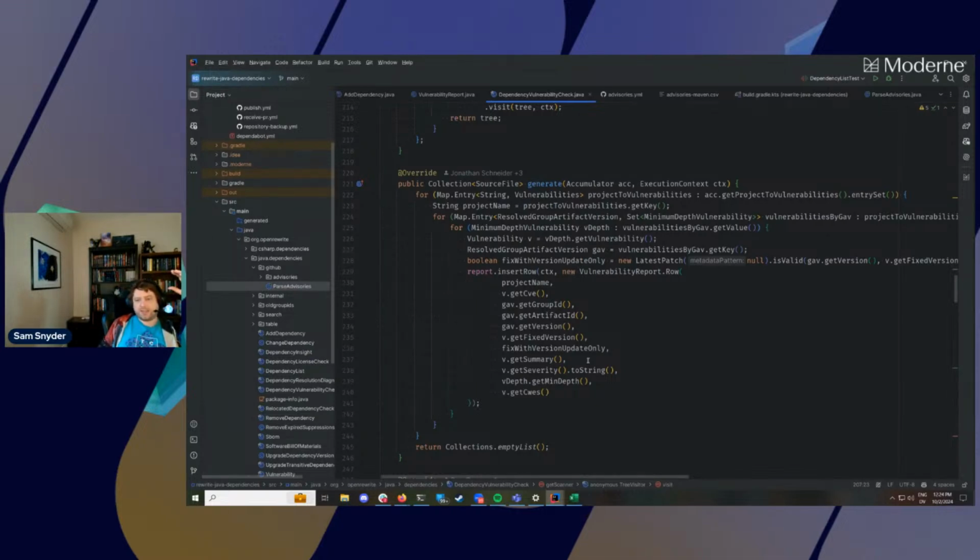So between the scanning stage, where get scanner is called and runs through every source in the project, applying the scanner, then there's the generate step, which is technically named for its function, which is to produce new source files. This guy does not produce any new source files. As you can see, it returns collection.empty list at the end rather than producing a new source file of any type. But it does find the generate step a very convenient overload to take a breath between scanning and editing, to use it like an event.